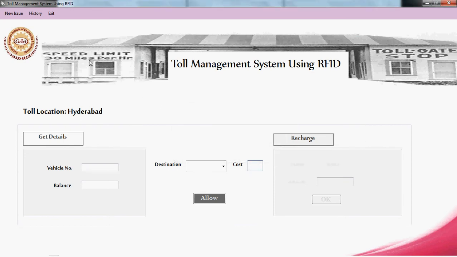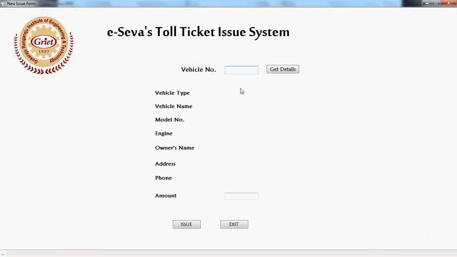Beginning with the application, first issue the tag to an authorized vehicle. In order to know whether the vehicle is issued to an authorized person, first get the details from the RTA office, where he or she has registered his vehicle. Take the RC book or the license plate from the person who wants the tag for the highway system. Read the vehicle number and enter it in the space provided.